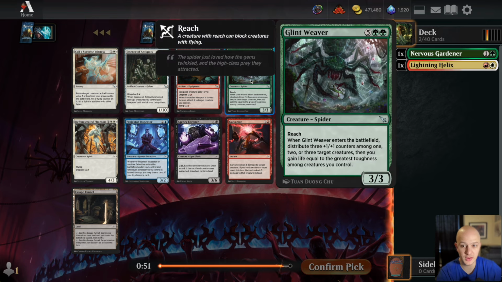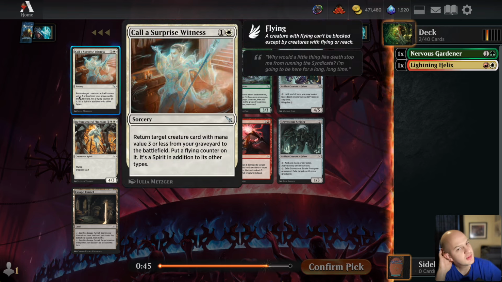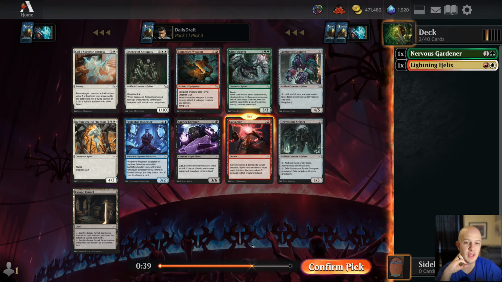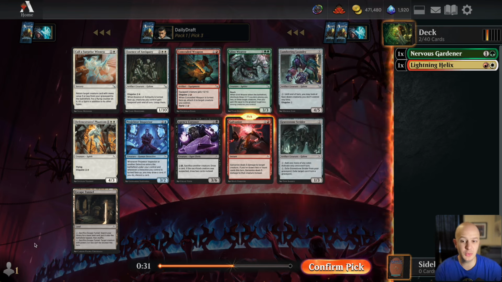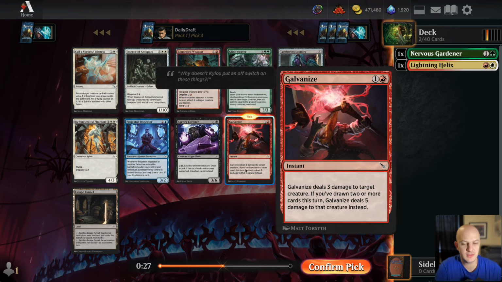Gosh, 3 straight Glintweavers. Interesting. Call Surprise Witness, I think, is a fine card in most white decks. Concealed Weapon is a good disguise card, and there's also a Galvanize here. We took Lightning Helix. Suppose we can take Galvanize. There's a chance we could be something like green-red splashing a Helix. There are 2 Escape Tunnels. These will likely not wheel, but